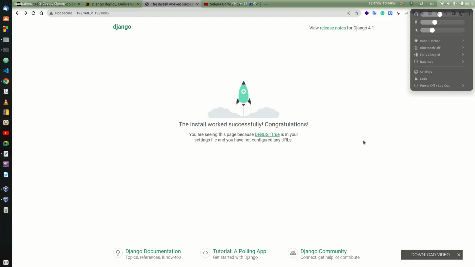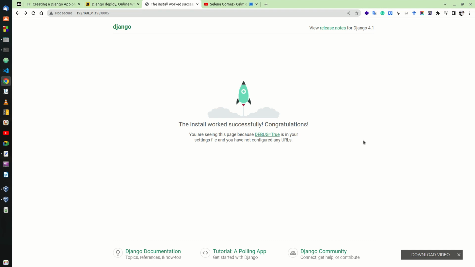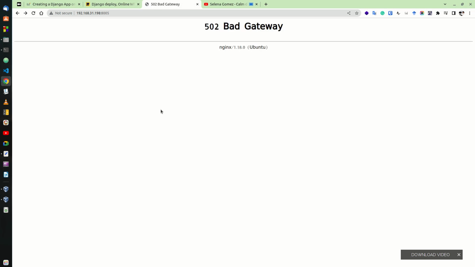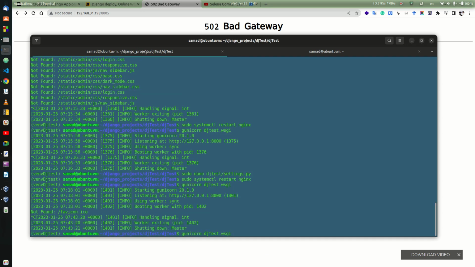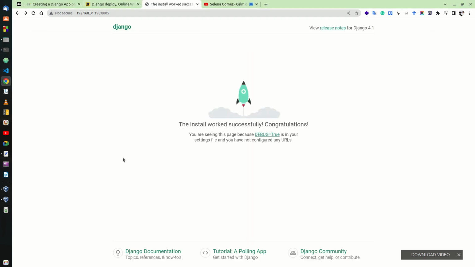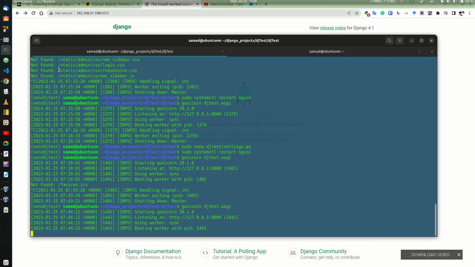So now I'll connect my app with the PostgreSQL database, and the app now is connected to the SQLite database. If I run the app again with gunicorn, you can see that this app is connected to the SQLite database,